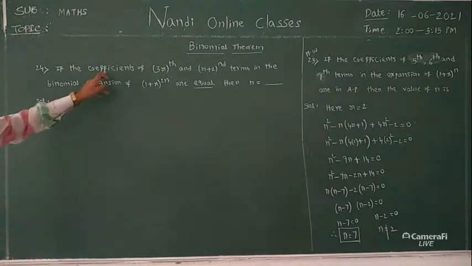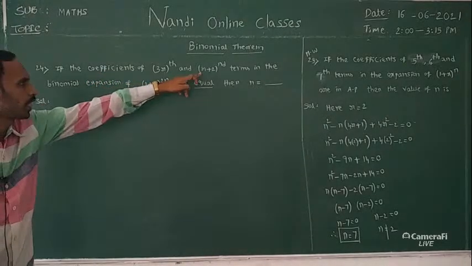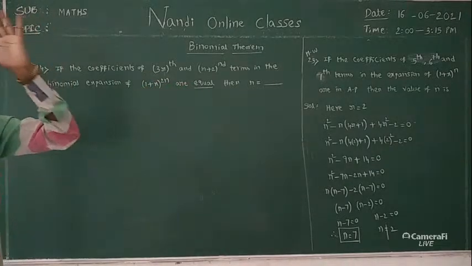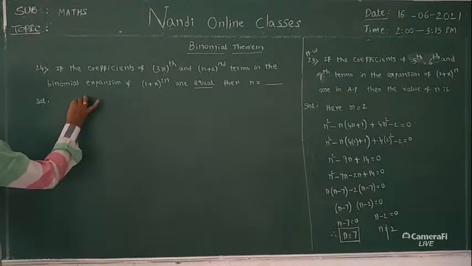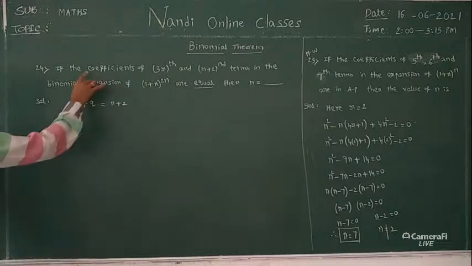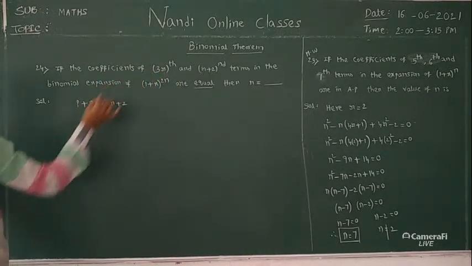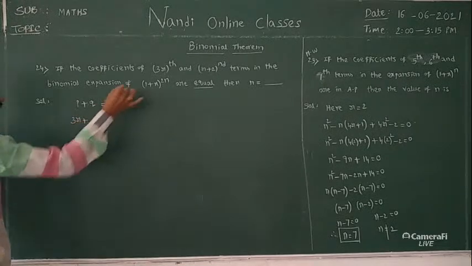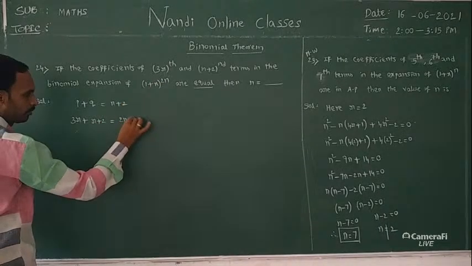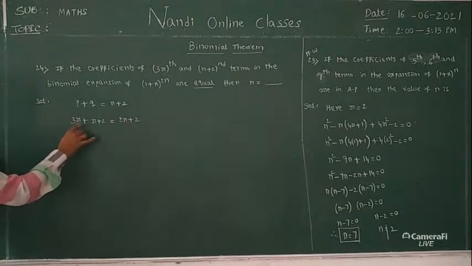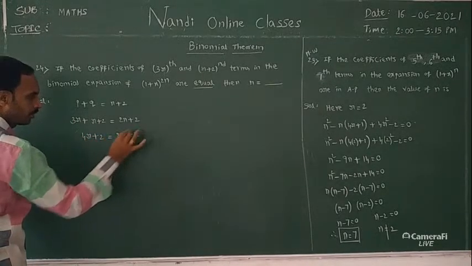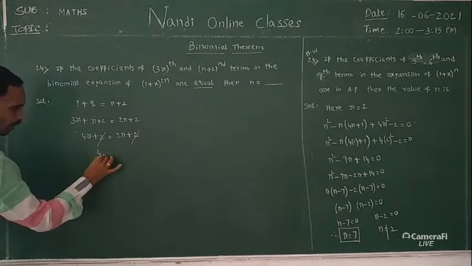If the coefficients of pth and qth terms in the expansion of 1 plus x whole power n are equal, then the formula given is p plus q is equal to n plus 2. Here p is 3r, q is r plus 2, and n means power 2n, so 2n plus 2. Okay, 3r plus r is 4r, plus 2 is equal to 2n plus 2, cancel, 4r is equal to